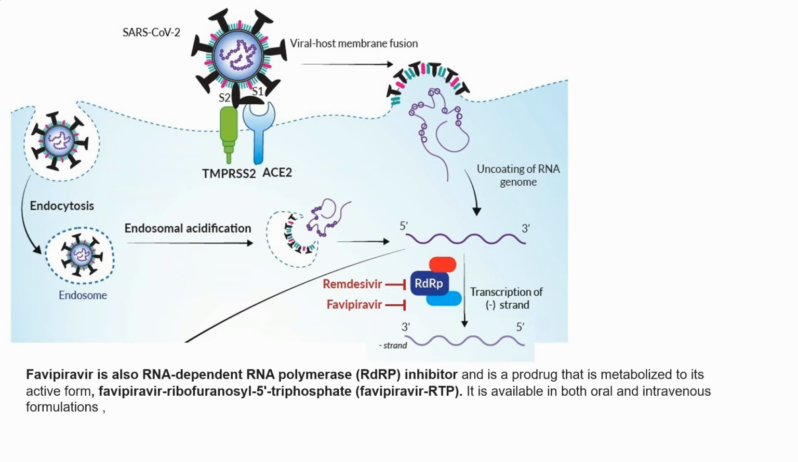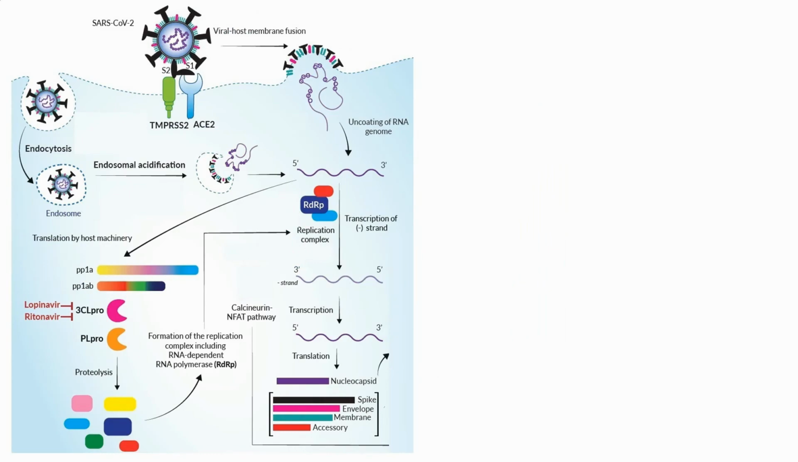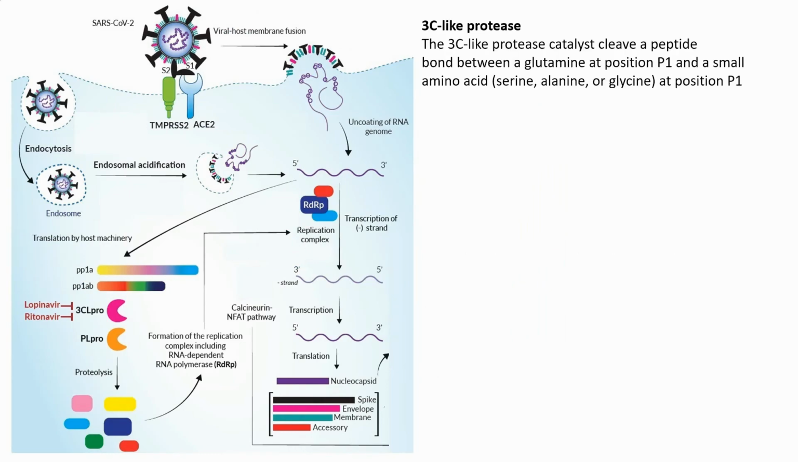But favipiravir is in the same family as remdesivir, but it is a prodrug which is metabolized to favipiravir RTP, and then it can take effect. Mainly we can use both oral and intravenous formulations, and because it is a prodrug we can also use it orally. As you see here, the next drug target is the 3C-like protease,